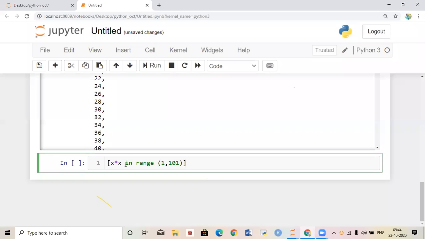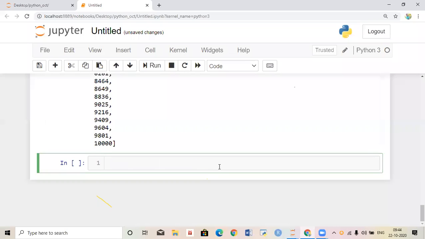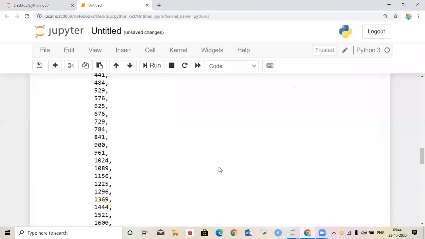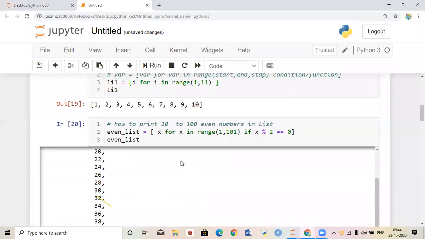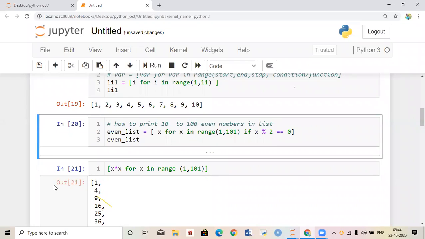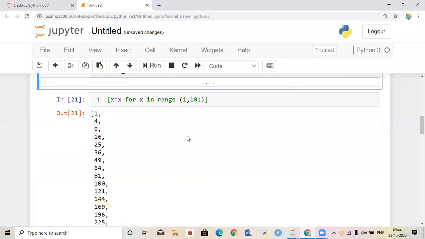This is how to represent it: for x in... Okay, just run this one. It will print 1 to 10. Okay, you had taken 1 to 100 now. Okay, we will go for 1 to 100. Go for only 10.